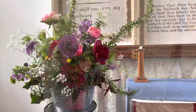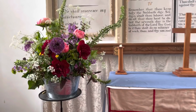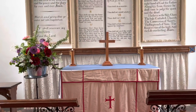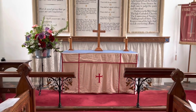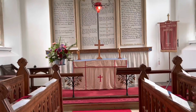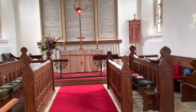It's a treat. So I'm going to walk backwards so you get an idea. It's not a very light church, although it's painted white. This is the Church of St Andrew's, Stoke Trista. And there is the pedestal. And then I've got to make sure I don't fall down the step. Whoops. And then we have a very dinky little bucket of